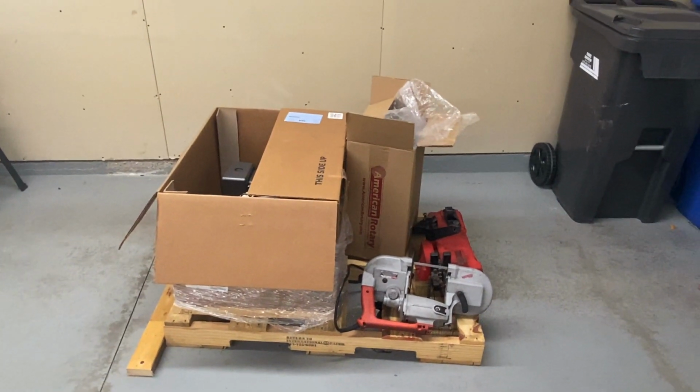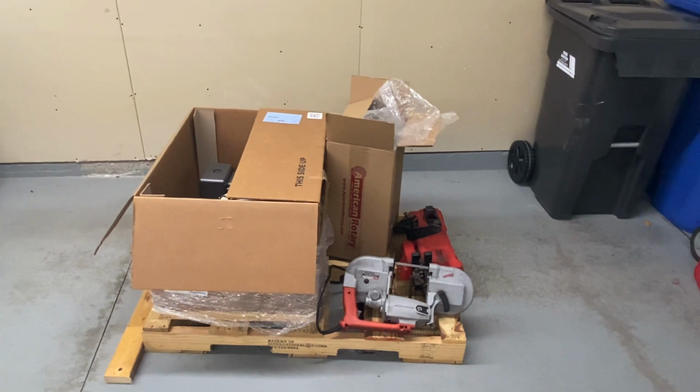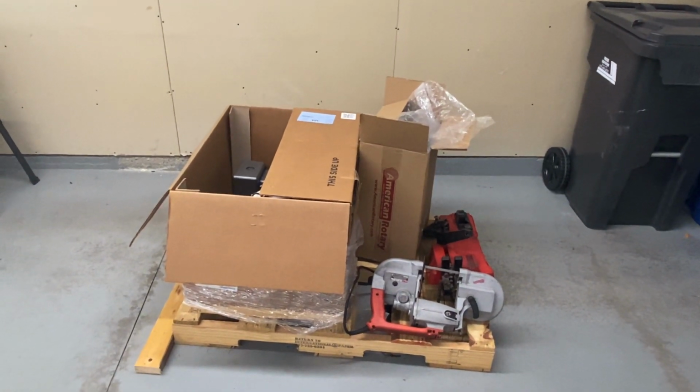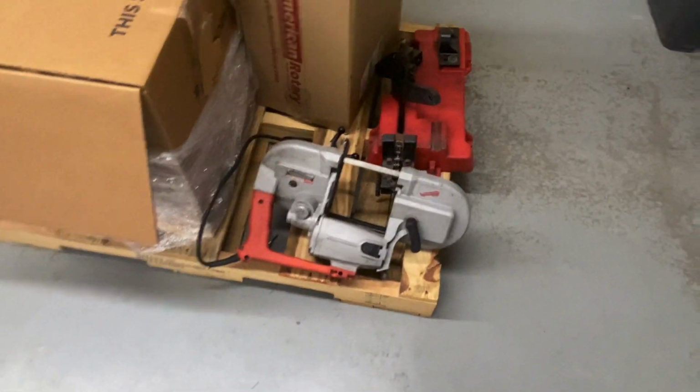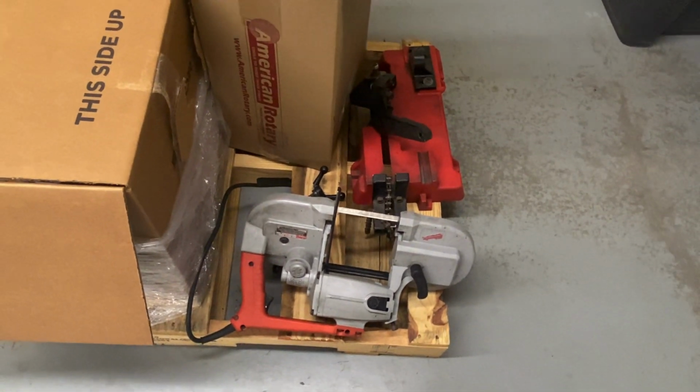And we may even try to do a little bit of the wire running ourselves, just so all the electrician has to do is make the important connections so it can be certified and I don't get any trouble for that. I'm gonna be putting together this nice little Milwaukee bandsaw that was given to me by John Powers